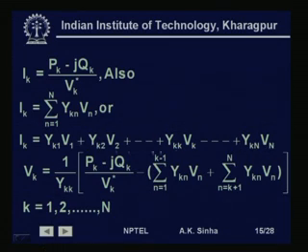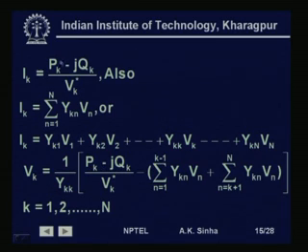Now, from this equation, if we leave this term and take all the other terms on the other side and replace I k by this relationship, then we have V k is equal to 1 by Y k k. If we take this side and divide by Y k k, then 1 by Y k k times P k minus j Q k by V k conjugate,